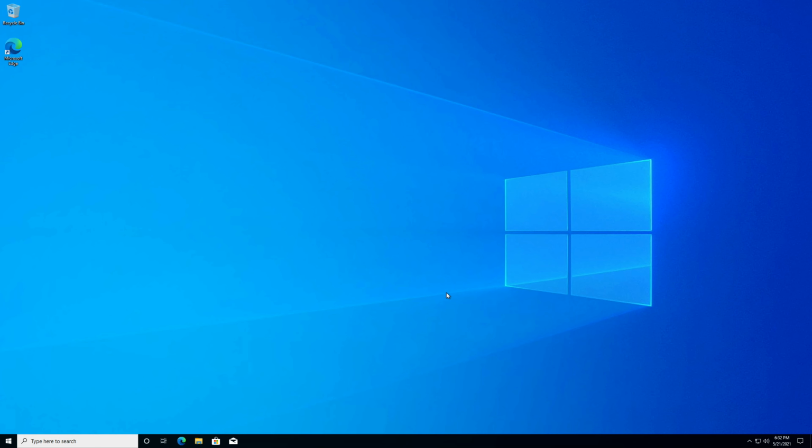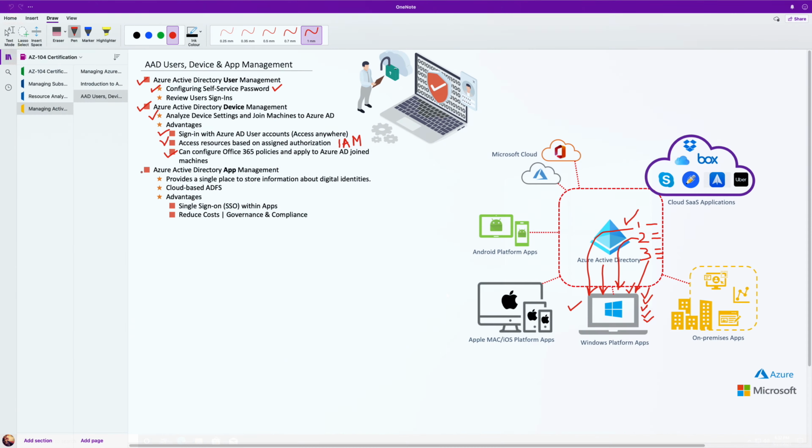Okay, so now let's move to the third and very important topic today, that is app management in Azure Active Directory. Now guys, this is the very last topic of today. This is also a very, very important topic in terms of Azure Active Directory, because most organizations are using this feature. Obviously, when we talk about app management, we specifically talk about Azure Active Directory application management,